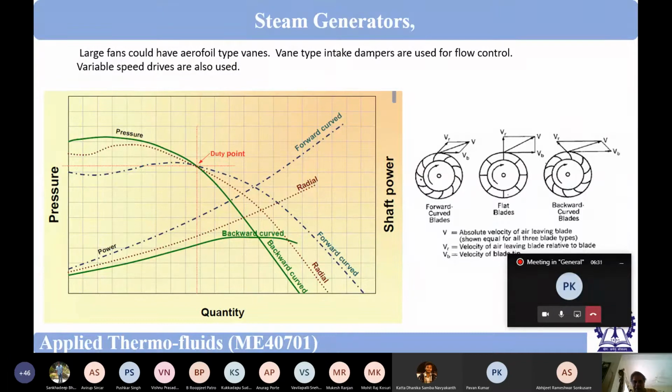All the types of blades which have been shown are not good for resisting erosion. It has been seen that the backward cut vane is most vulnerable to erosion by solid particles. Radial blades are good, and forward cut blades are also good. But generally flat or radial blades are good to resist erosion. So there are many considerations in choosing a backward cut vane or another design. Now let us proceed.